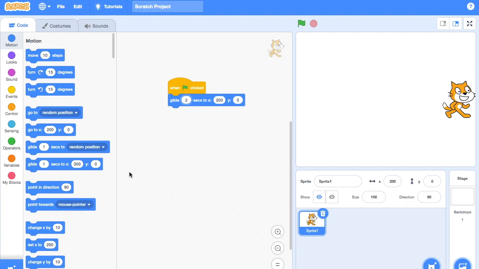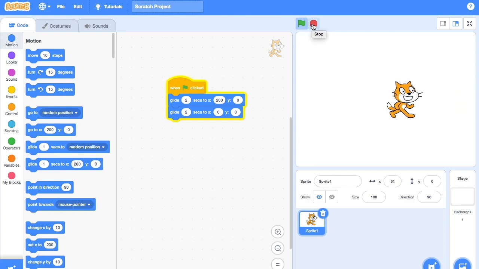To bring it back, I can take another block like this and tell it to come back to x0 and come back in 2 seconds like this. So first it's over there and then it comes back. Now similarly, first I want it to go to the end, wait 1 seconds and come back. So for that